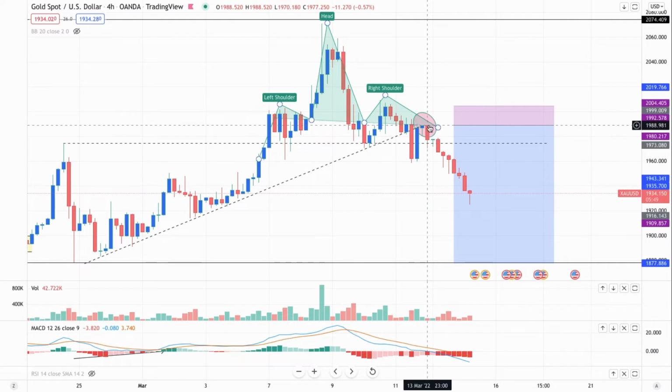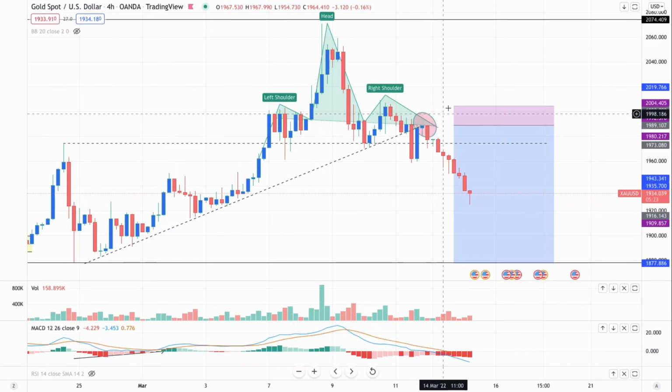Okay? We always wait for price to retest before entering. That's the type of trader that I am, right? A breakout and retest trader. So price broke out. It then came back up, retested this exact line, which is the trend line and the bottom of the head and shoulders pattern on the right-hand side. This gave us our entry to go short.